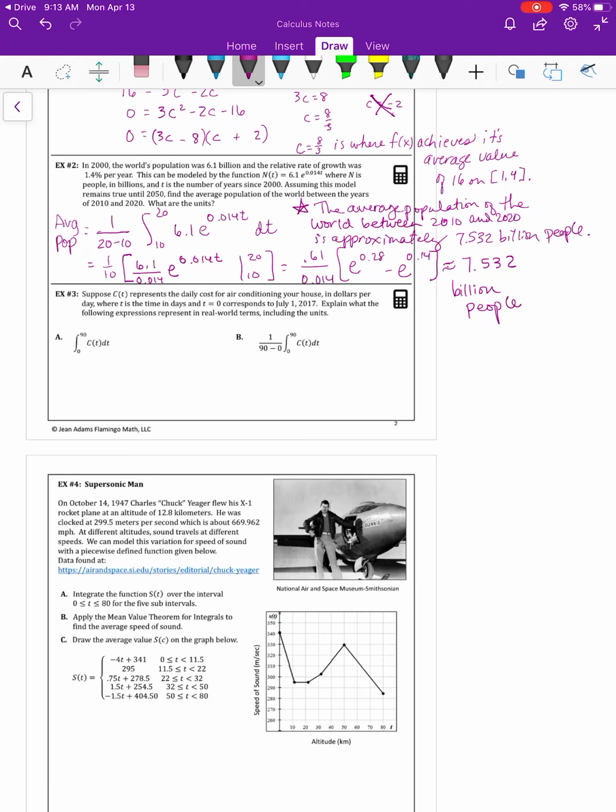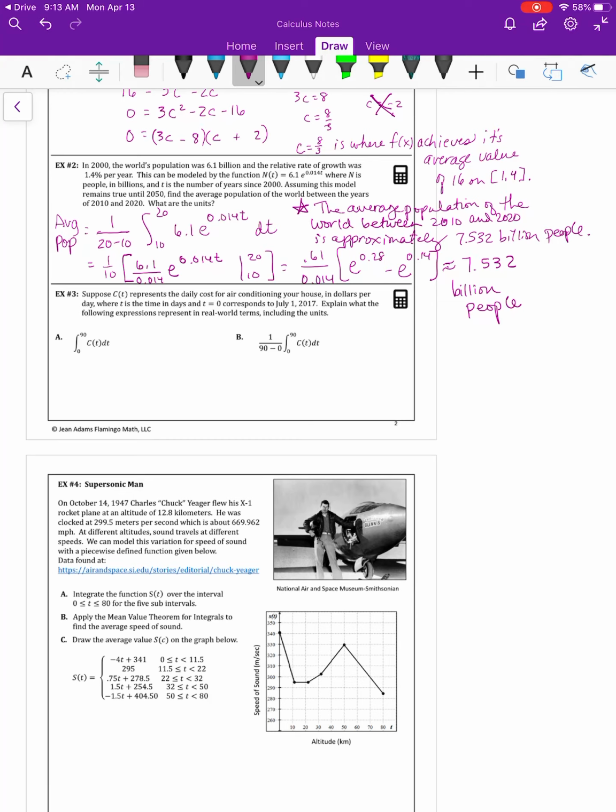So you're talking about 90 days here for part A. And if I'm integrating C of t, that's going to be my total cost to air condition my house for those 90 days. And so since it's starting July 1st, 2017, this would be for July, August, and September of 2017. So let's say total cost